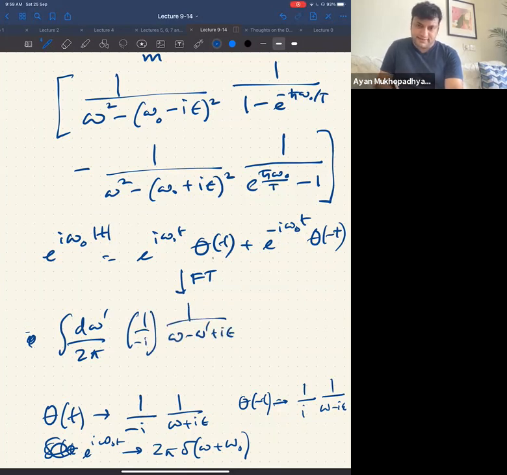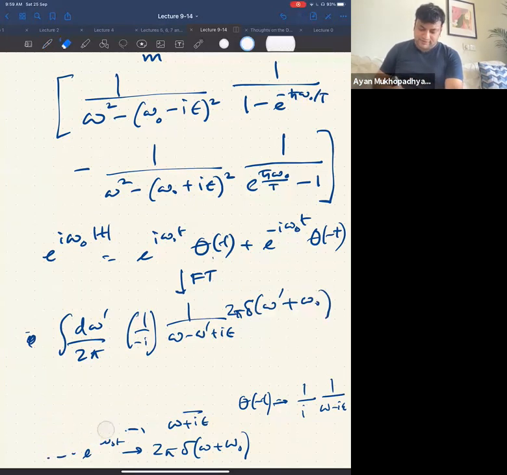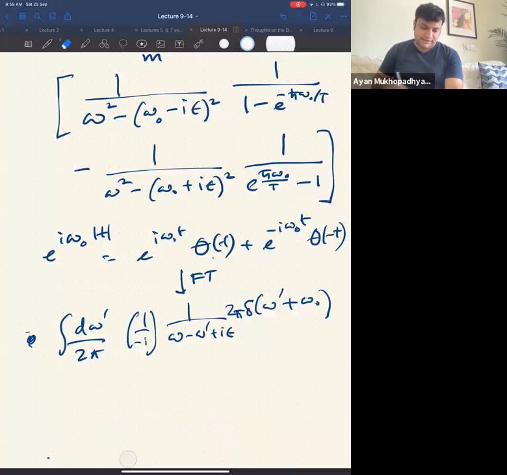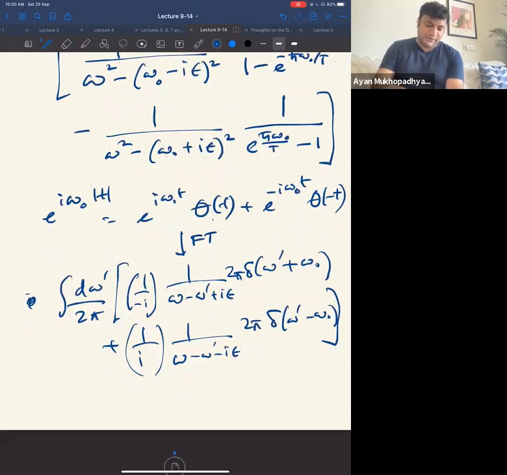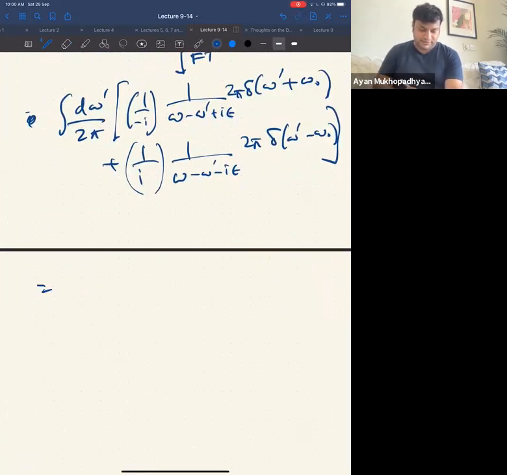First I take the theta and then I multiply the delta, 2 pi delta(omega prime plus omega naught). That would be the Fourier transform of the first term. And then the Fourier transform of the next term would be similarly plus 1 over i, then (omega minus omega prime minus i epsilon), and 2 pi delta(omega prime minus omega naught), right? So that would be the Fourier transform of this object. And if I do this again, if I collect all the terms, I get,